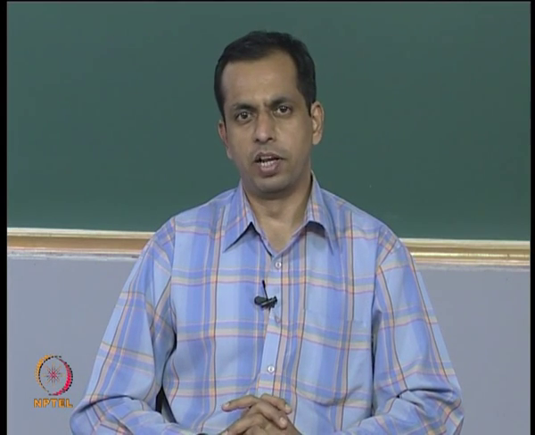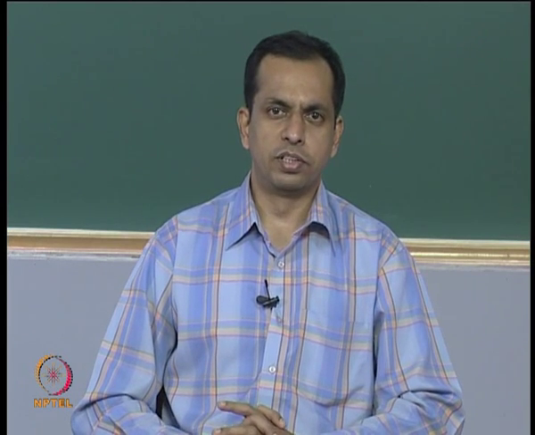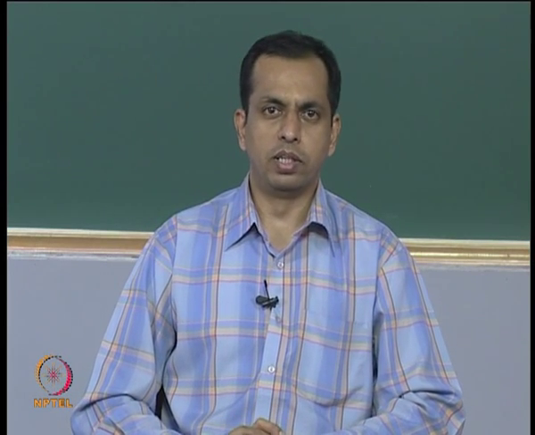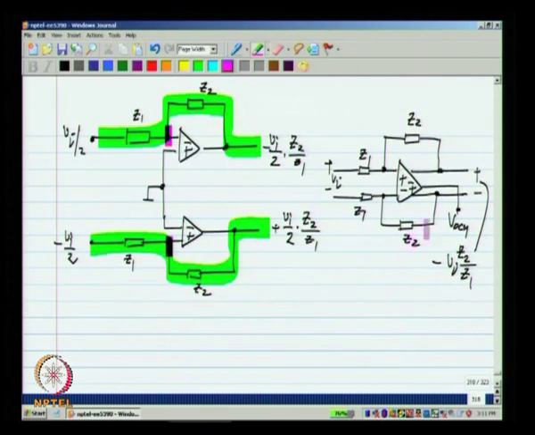Now, we do not think of it as two independent feedback loops controlling each output voltage, we think of it as one feedback loop controlling the differential output voltage. This is the feedback loop that controls the functionality. Okay. So, if you look at this particular circuit in the single ended case, the feedback loop formed by the impedances Z1 and Z2 control the output voltage. Similarly, here the feedback loop formed by Z1 and Z2 control the differential output voltage.